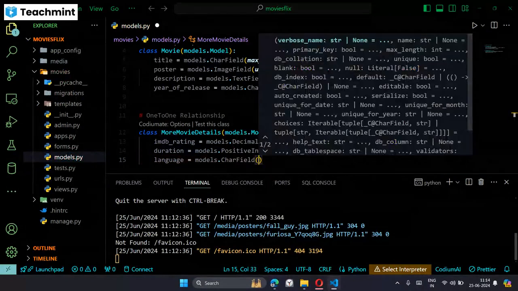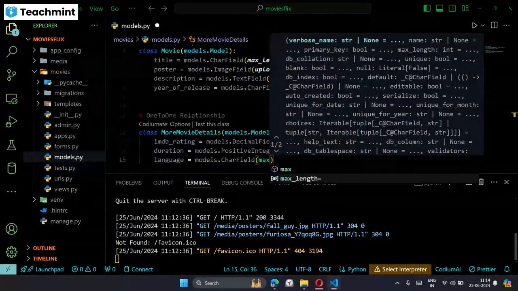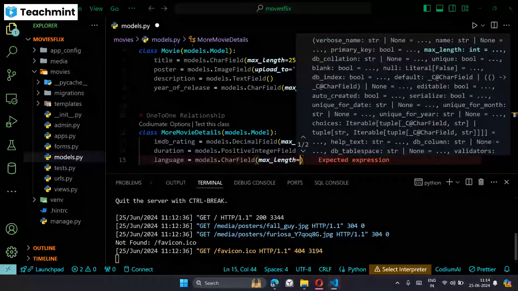So in this model, I'm storing additional movie details like IMDb rating and duration of the movie, and I'm also